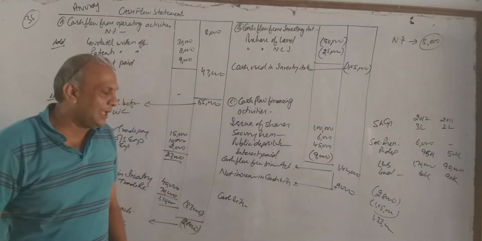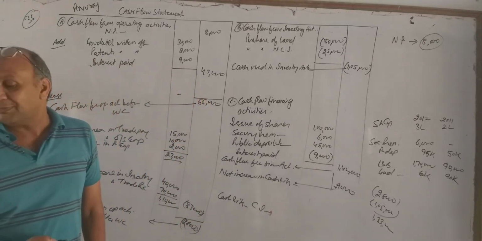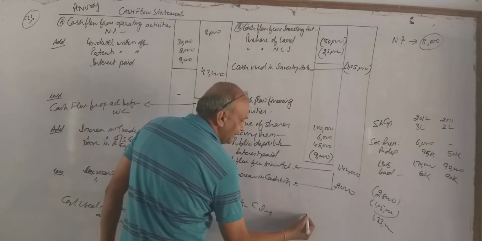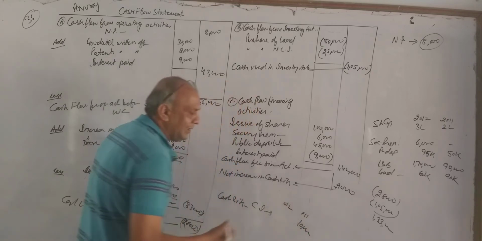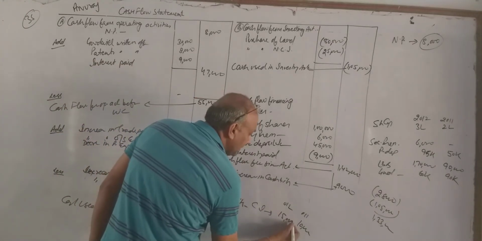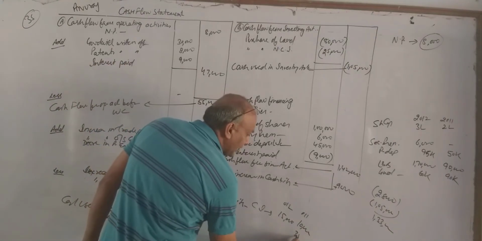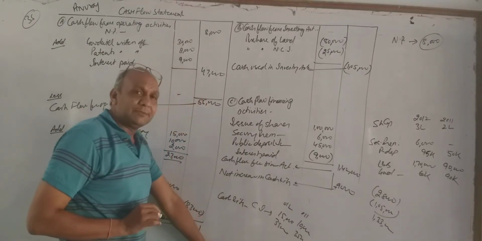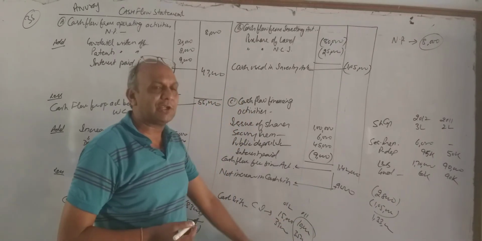Cash and equivalents. We have given current investment. First of all, marketable security. Last year marketable security, they are 10 in 2011. They are 10,000, and in 2012 they are rupees 15,000. 15. And the next item is then cash and equivalent. Last year 35 and now 39. These two items are given to us. So both items are related with cash and its equivalent. So first opening cash and its equivalent 45.